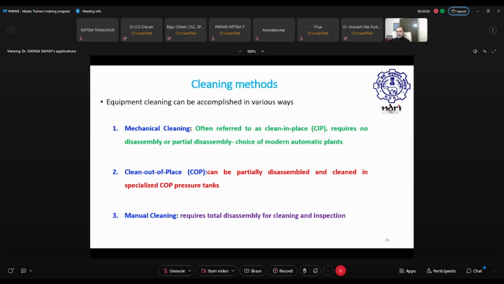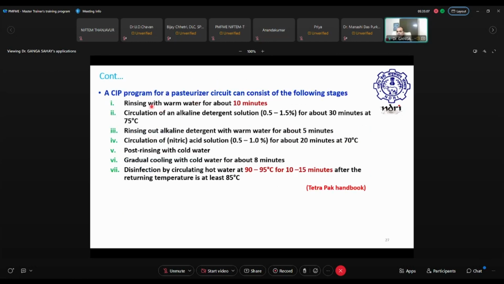Okay. Suppose you have a pasteurizer, and how is it cleaned? Suppose it has just completed 8 hours of operation. So what do we do? The first step is rinsing with warm water for about 10 minutes, followed by circulation of alkali detergent